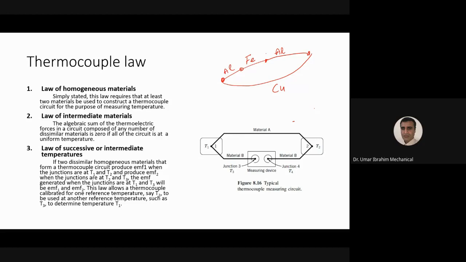थर्मोकपल्स, ठीक है। This junction also behaves as a junction of a thermocouple, and this will also behave as a junction of a thermocouple. Okay. So for the first law, we say that for a thermocouple, you need at least two materials to be used to construct a thermocouple circuit for the purpose of measuring temperature. We will come into this detail in the coming slide. ये details जो है ये और भी clear हो जाएंगी।